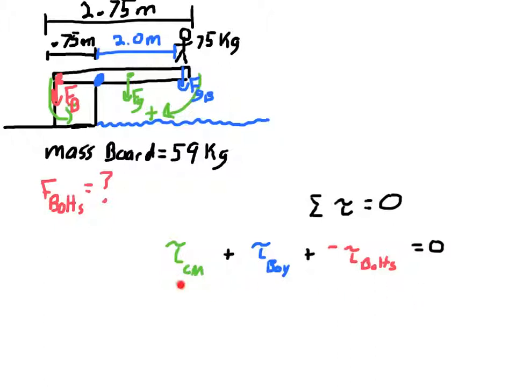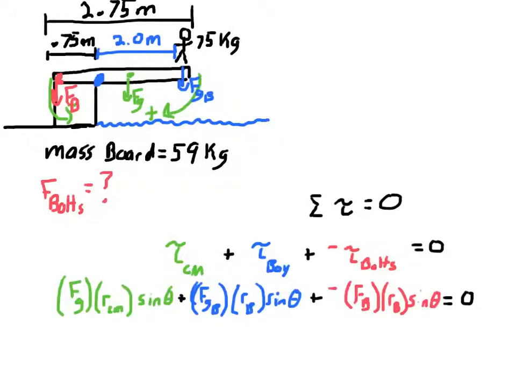Next, I'm going to break these torques down into force times radius. So now I substitute in F r sine theta for each one, where the center of mass torque is caused by the force of gravity on it, times a radius I'm going to have to figure out momentarily, and sine theta. We can cancel out the sine thetas, because all the forces are pointing straight down, so each angle is 90 degrees, sine of 90 is 1, and we don't even need it. Force of gravity for the buoy pulling down times his distance, which is 2 meters,